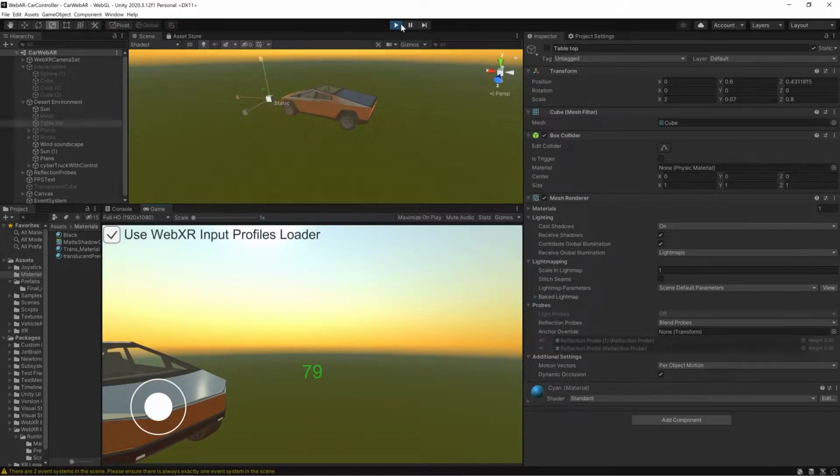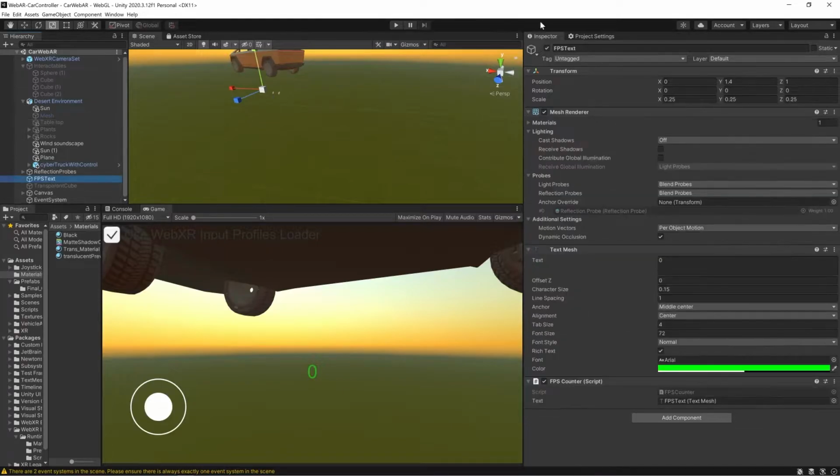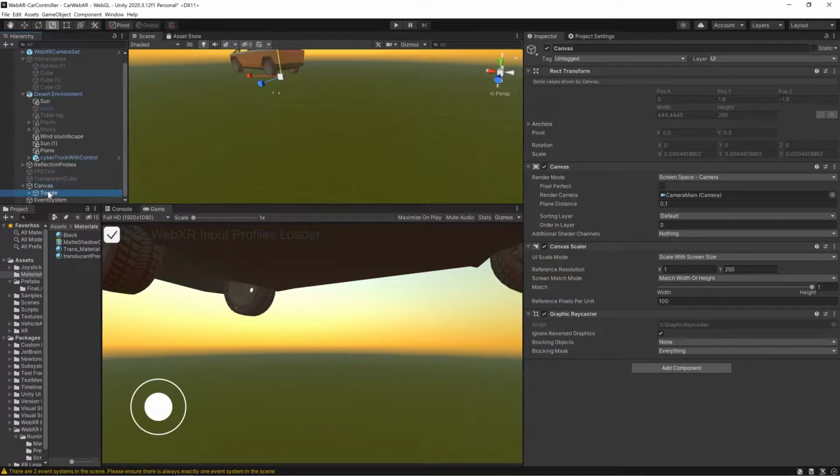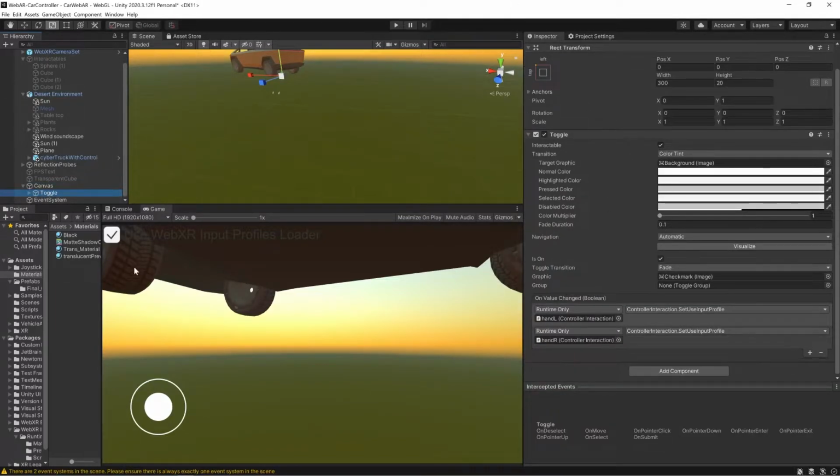I hope this is self-explanatory. So we'll disable this FPS text and this toggle as well. We don't need it right now for this example, but it's just the input profile loader.